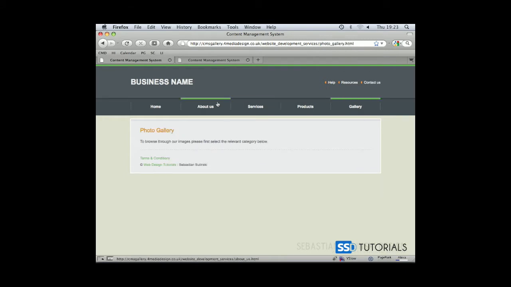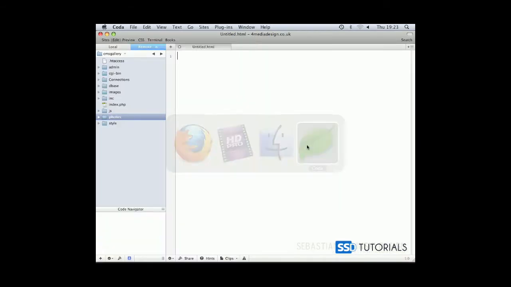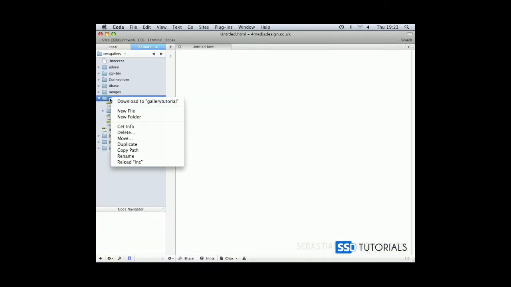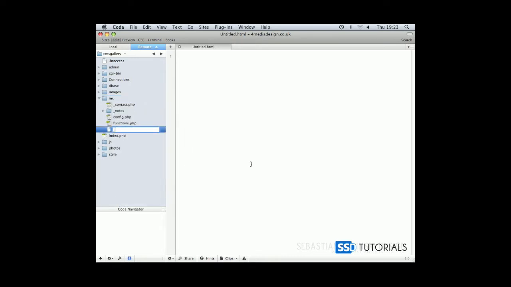Okay, so now if we open our editor, first of all, what we need to do is to create a new file inside of the ink folder, but not inside of the admin ink folder, just inside of the ink folder in the root of our site. So if we create a new file and call it gallery.php, inside of this file, we're going to create a few lines of code, which start with the if condition